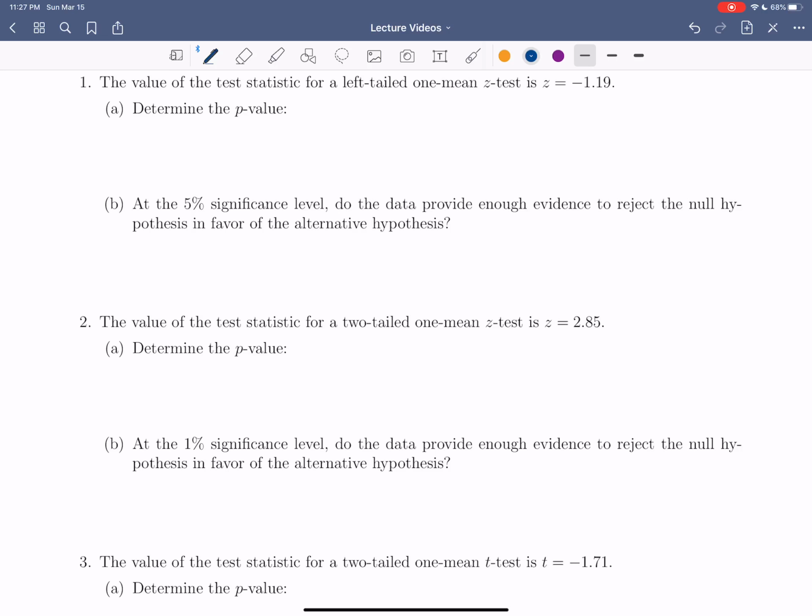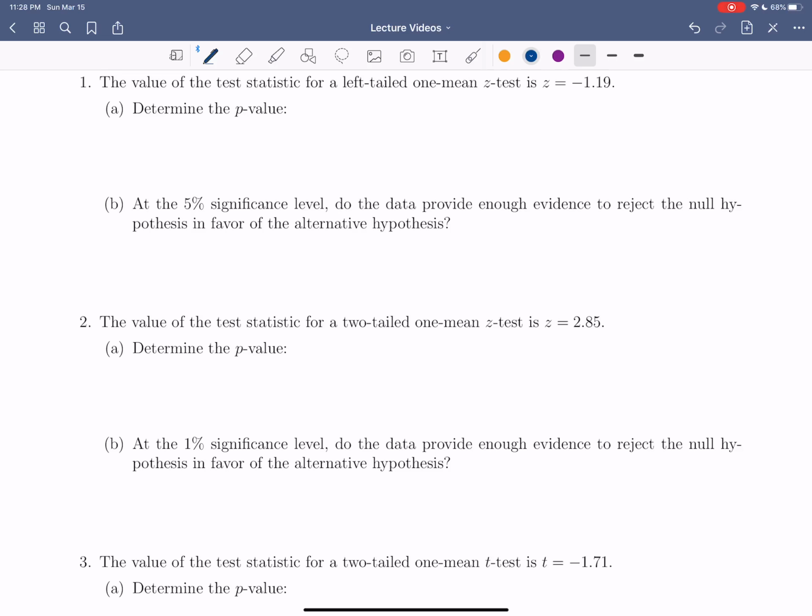All right, so now we're ready to actually compute some p-values for different test statistics. We have different test statistics based on whether it's left-tailed, two-tailed, t-test, z-test, and so on. Again, I have formulas written on the Google document handout about all the R commands. So I have a document written about how to actually compute the p-value. What I do, though, is for these first three examples, I want to draw a picture and explain exactly how